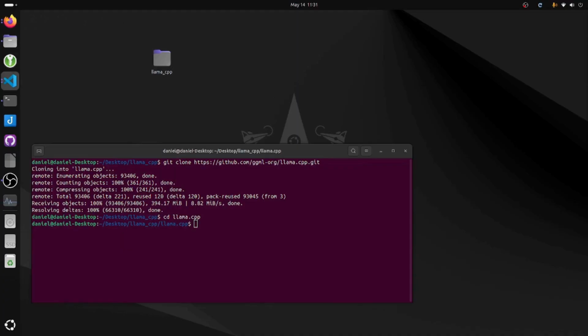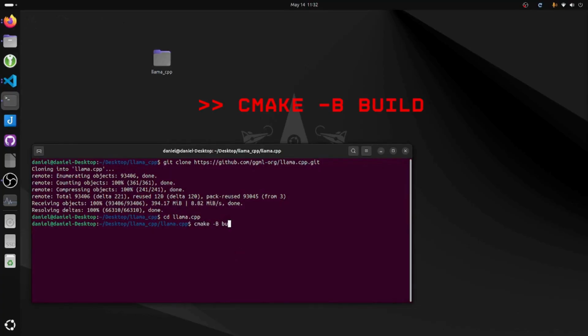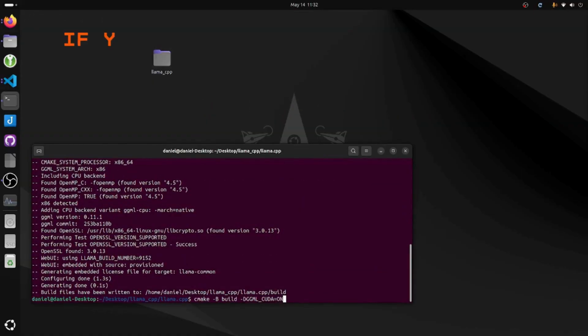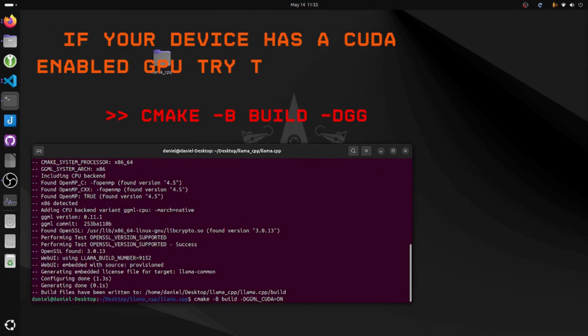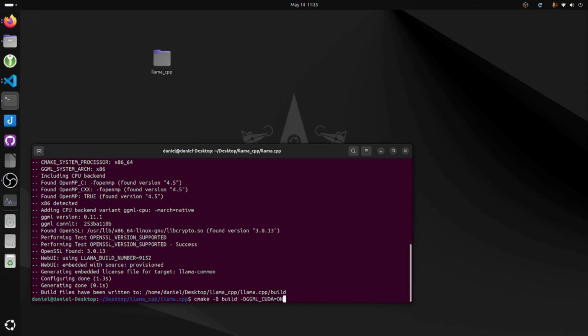We first need to compile the C and C++ code into something that specifically your machine's hardware capabilities can manage and run. Let's get through that. This would enable CUDA, and it would allow you to use your GPU when running your local model. However, for now, we're going to be running the model completely on the CPU. So the next step would be